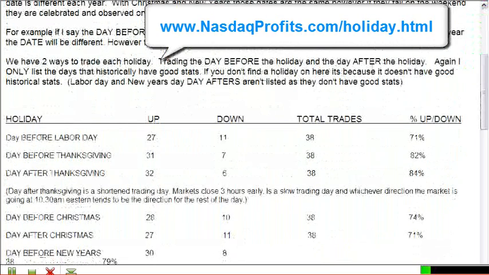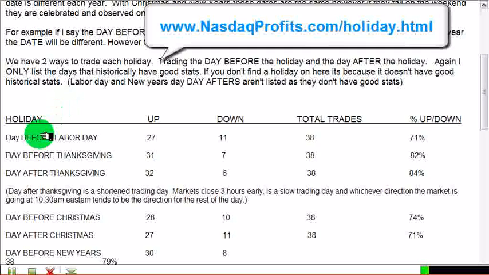The holiday, it says here the day before Labor Day, so each year that's going to be a different day. Labor Day, for example, falls on the first Monday in the month of September. Every year that's going to be different based on the calendar. Some years September 1st is Labor Day, some years it's going to be September 5th, and so forth and so on. So you want the day before Labor Day. So if Labor Day is on September